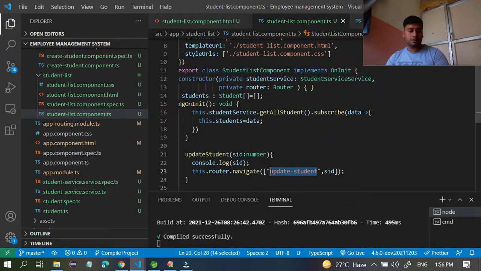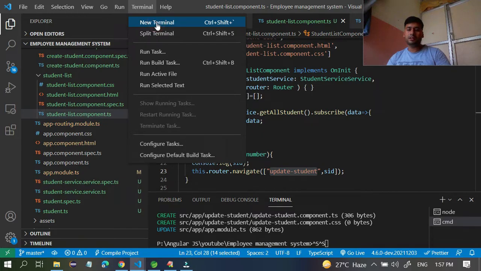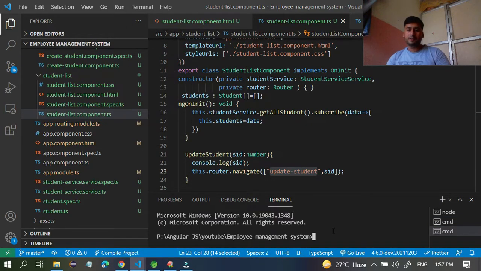Copy this one, and first create one component. Take one more help, a new terminal. In the new terminal you can write ng, Angular, generate component and the component name: update student.